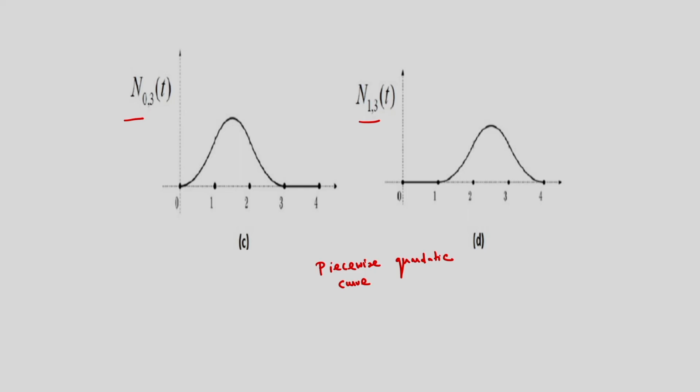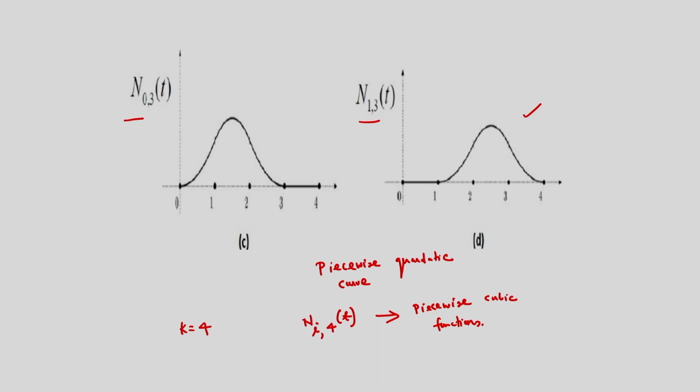N13 is the shifted version of N03. So this N13 is nothing but the shifted version of N03. And if I consider, suppose, k is equal to 4, that is the B-spline of order 4, then in this case I will be getting the blending function, that is the B-spline function, I4. Then in this case I will be getting the piecewise cubic functions. So this is about the B-spline functions.